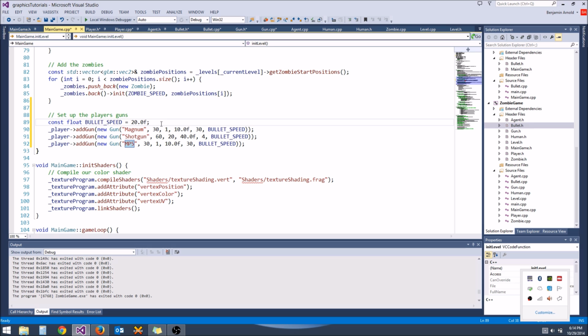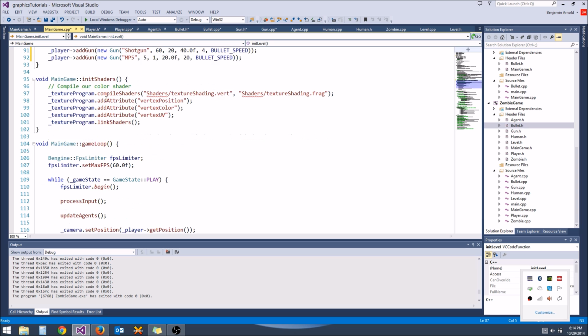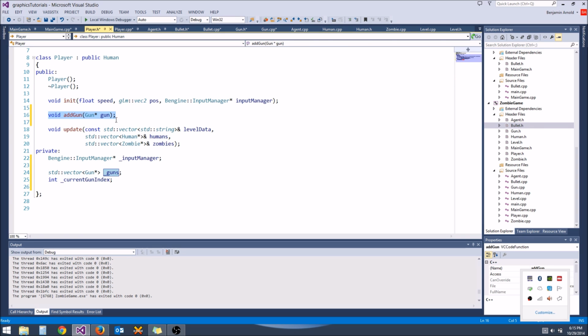And the MP5, we're going to shoot it much faster. It'll have a fire rate every 5 frames. It'll shoot a single bullet. We'll do slightly less damage than the Magnum. Do 7 damage. And what was this last one? No, the bullet damage is this one. Oh, this was the spread. It should have more spread than the Magnum. We'll say 20. And the bullet damage, let's go with 20. Whatever. It doesn't have to be perfect. All right, so now the player has guns, and we're going to be able to shoot those guns if we,